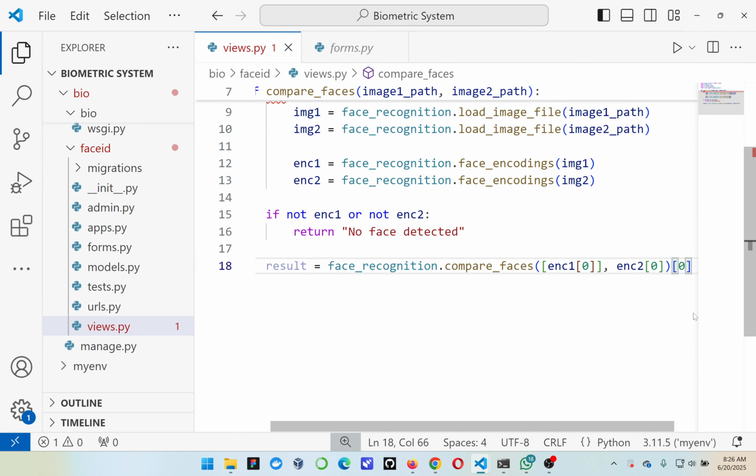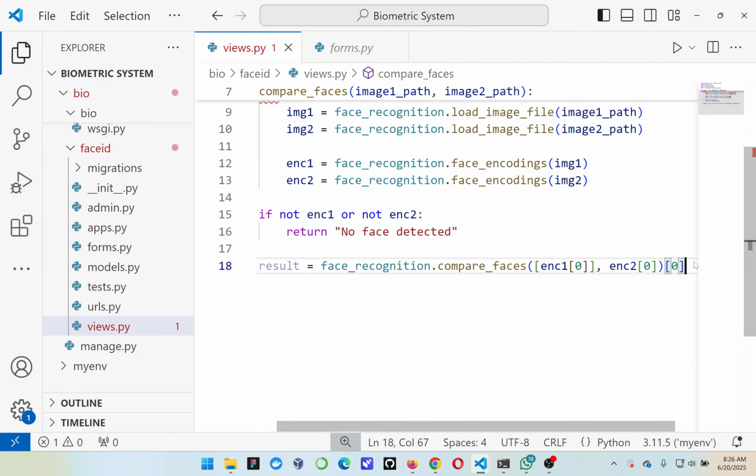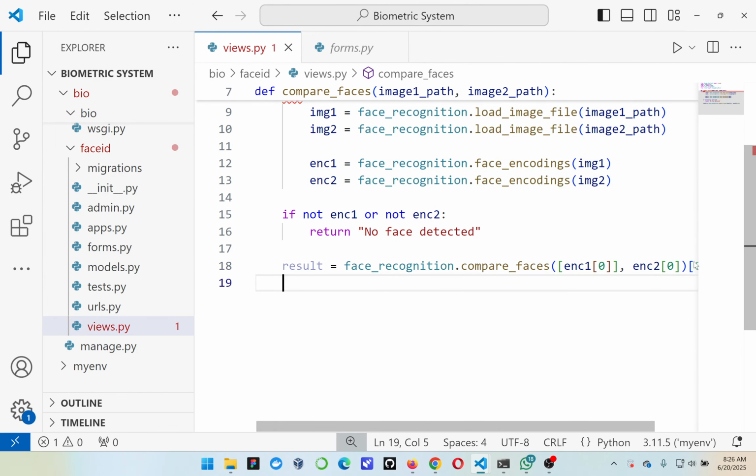Once we have been able to pass the encoding to our function because we detected a face, we return. What do we want to return? Is it the same person or is it not the same person? So we return same person,